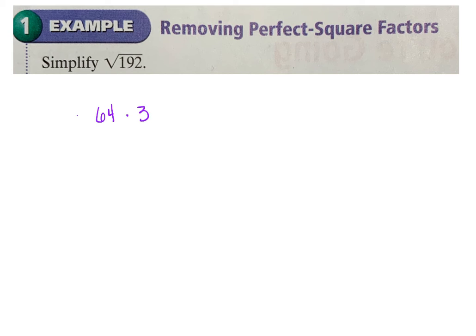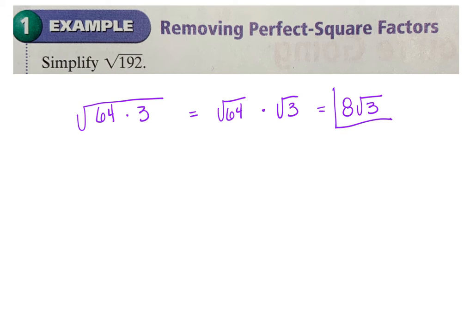times 3. And so if you know that you have a perfect root in there, then you can say, well, we just looked at the property that tells us I can break that up to be the square root of 64 times the square root of 3. I know that 64 has a perfect root. The perfect root of 64 is 8. So I end up with 8 times the square root of 3,